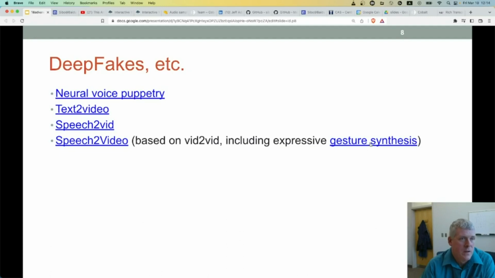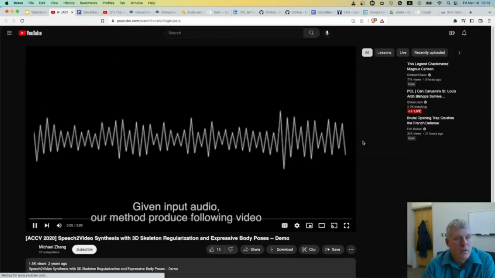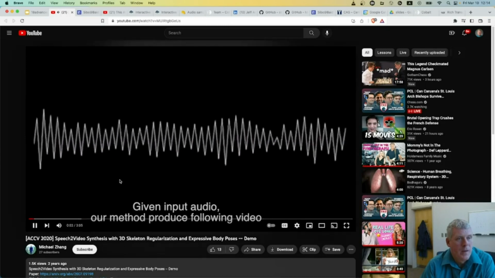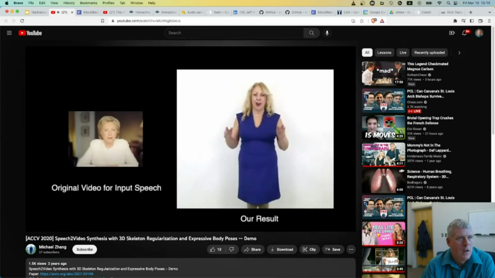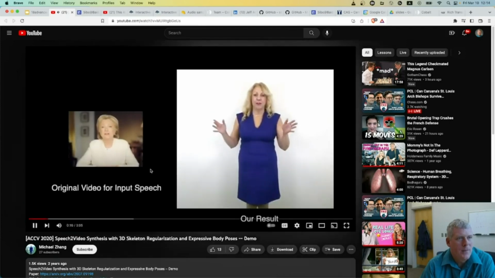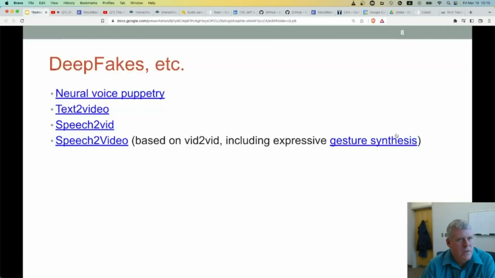Oh, there's gesture synthesis as well, like actually taking input audio and producing video with moving hands and arms. I love this. There's a little bit of natural movement, like of her shoulders when she's moving her arm. So the synthesizer is moving her arms. So it's gesture synthesis here. It's taking this audio, and you can see a little bit of unnatural movement of her shoulders, especially. Anyway, so that's gesture synthesis there.